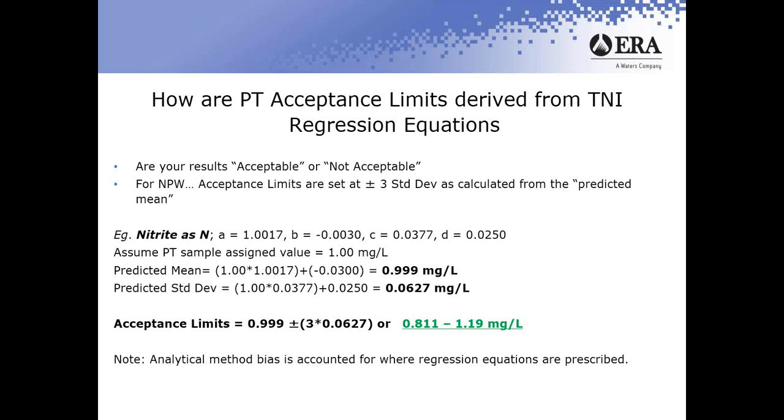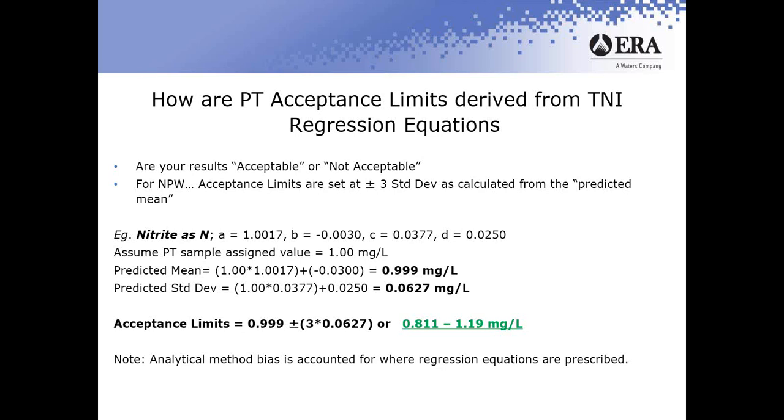So that gives you a predicted standard deviation of 0.0627 milligrams per liter. Now, for wastewater or NPW acceptance limits, you need to multiply that times three standard deviations. So 0.999 plus or minus 3 times 0.0627 will yield an evaluation interval of 0.811 to 1.19 milligrams